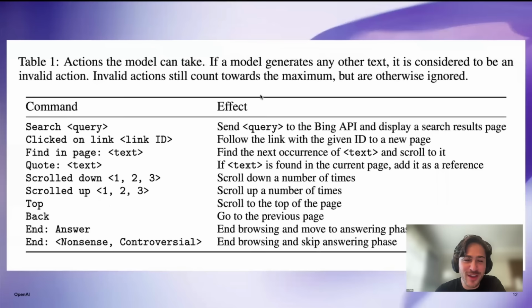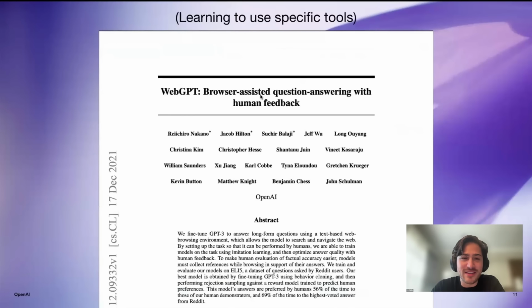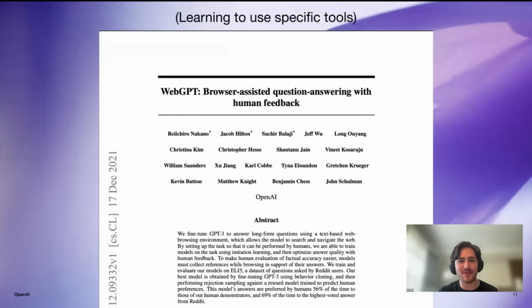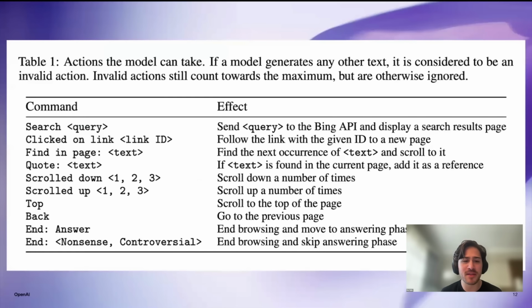Okay, so as I was saying, we did this WebGPT paper. Essentially, we trained a GPT-3 model to be able to use a very specific set of functions to do web search. And this was back in 2021, so we really had WebGPT a long time ago. But this is one of the first times, or maybe the first time, that it's not just generating text, but generating actions, and then we're parsing those actions and introducing them back into context so it can use the responses itself.